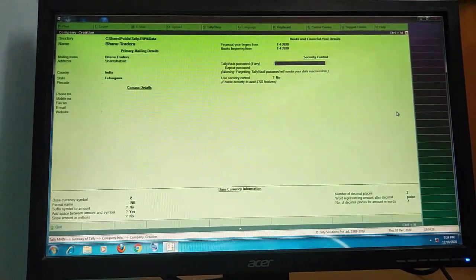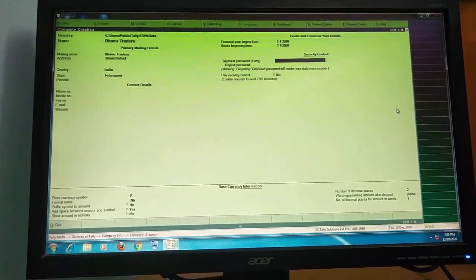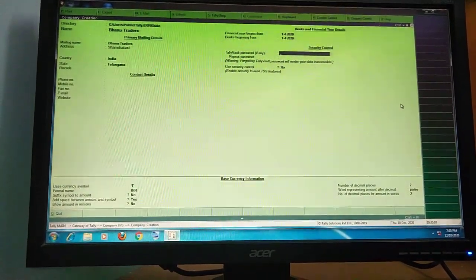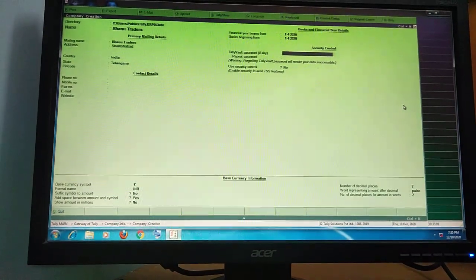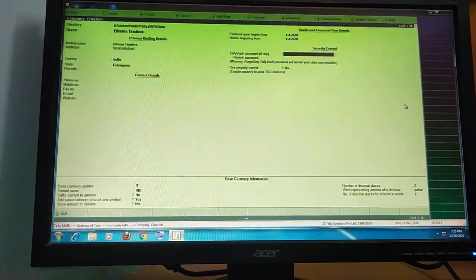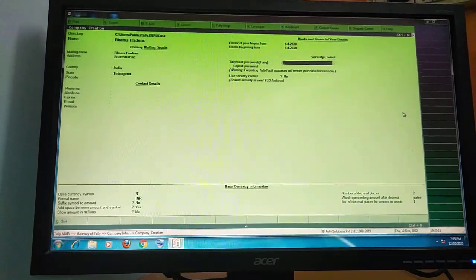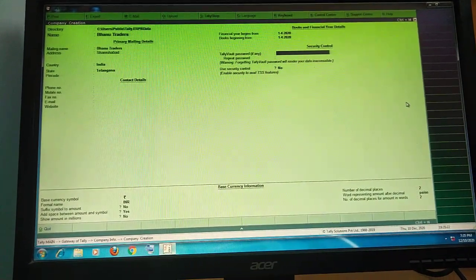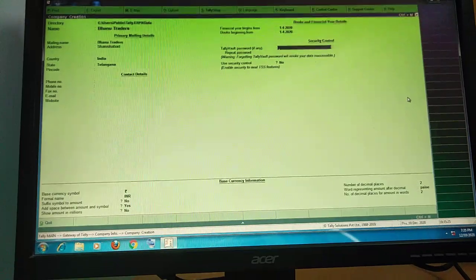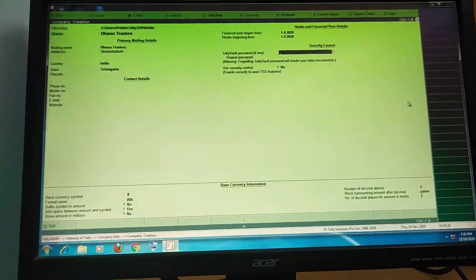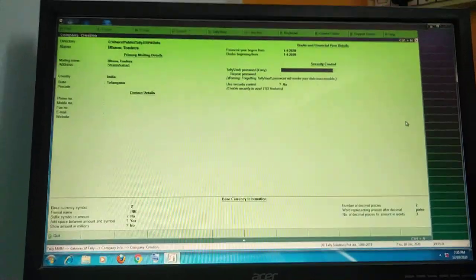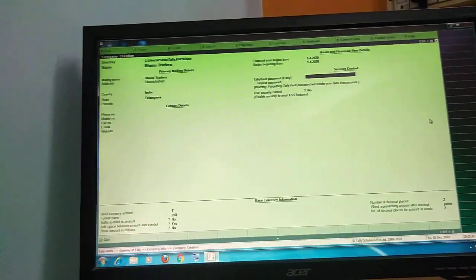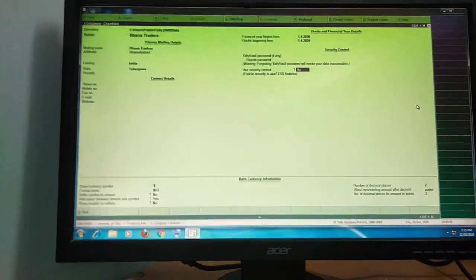Okay. And you go to the secured control. Secured control means that other employees should not open this Banu Traders company; it is only for secured purposes. Okay, password. Why? Because if the password is not given, other employees who open it will not face any security. So if any other employees open the system and go to the Banu Traders company, and if any data is removed or deleted, you face a lot of problems in that situation. So that's why every organization should maintain the Tally ERP 9 commands given for the secured control also. Okay, that is the importance of the secured control.